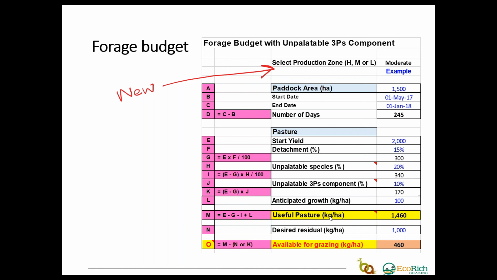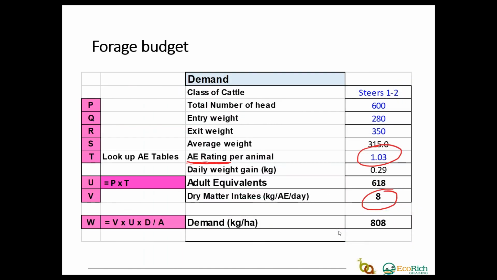The forage budget will look pretty much the same. The input section here for the paddock area and the pasture yield won't change at all. What will change is up in the top cell here, you either manually select, or in the spreadsheet, you can select from a drop-down list as to what production region you're actually in, the high, moderate or low. So that part of the spreadsheet will be the same, but in the demand side, it's going to change a